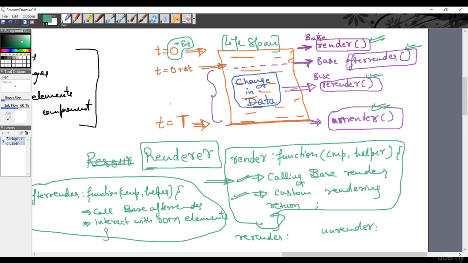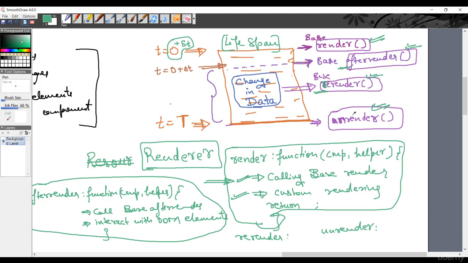But since we have not studied init function so far, we'll talk about it later. So let's consider that first render function will get called. After that, after render, if any change in the data, if any event gets fired which changes the data within the component, then each time this re-render function will get called, and when the lifespan of the component is over, unrender function